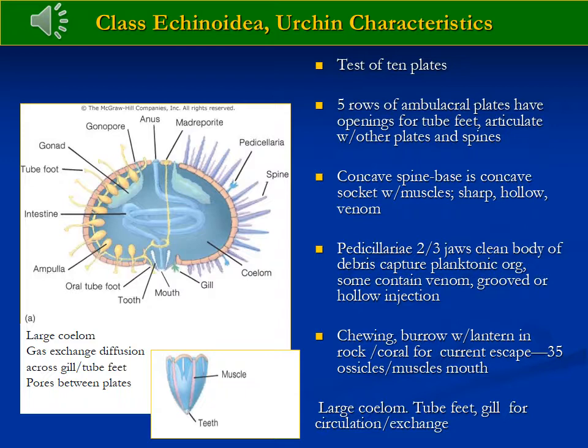But around the mouth are gills, and they also are equipped with a structure called the Aristotle's lantern. And the Aristotle's lantern is composed of a series of 35 ossicles and specialized muscles, and it creates this little chewing or pinching structure that they use to burrow or grind into rock